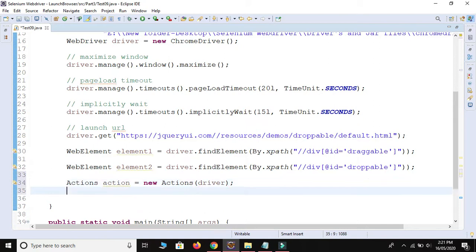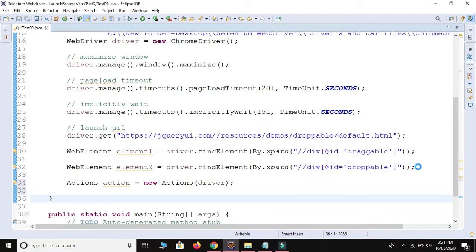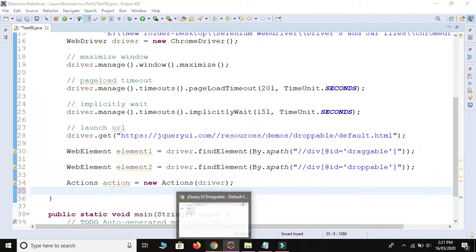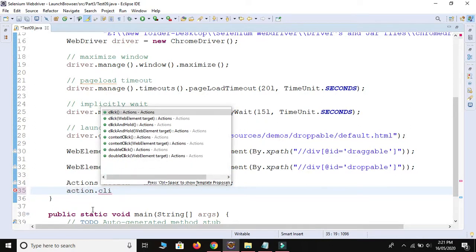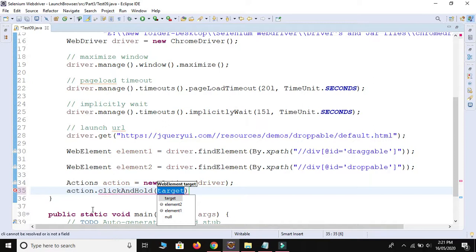Now we are going to click and hold and move over here. The first method is action.clickAndHold, and we need to pass our first element, meaning click this first element and just hold.